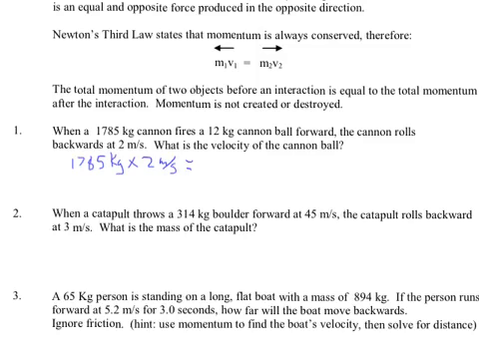So the cannonball I see has a mass of 12 kilograms times a velocity that I don't know. So I'll say times v2. So clearly what I do is divide both sides by 12 kilograms. Kilograms will cancel out, and what I'll end up with is V2 equals